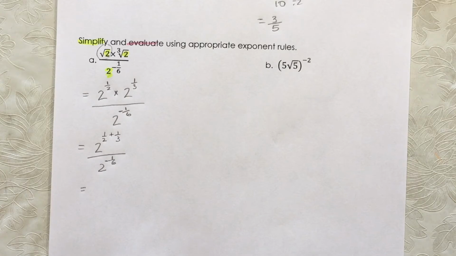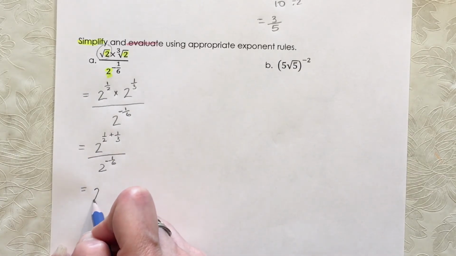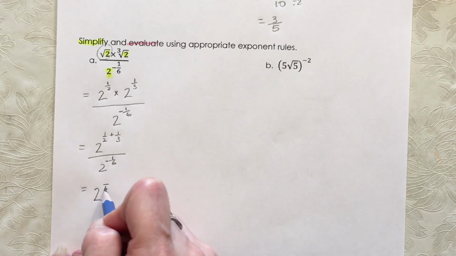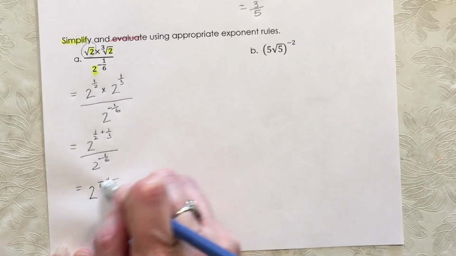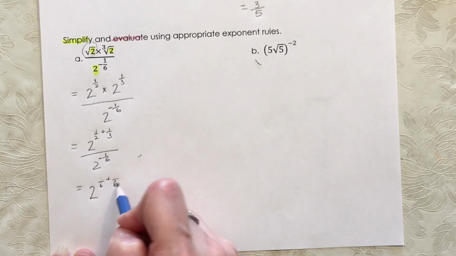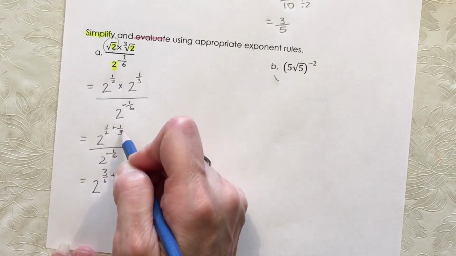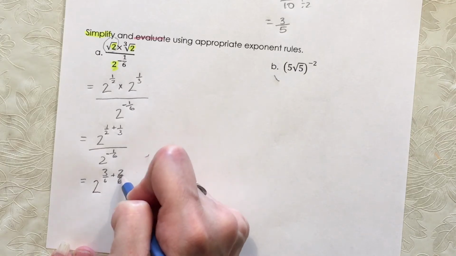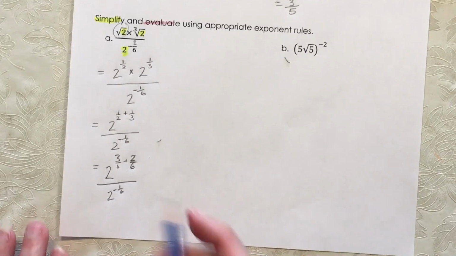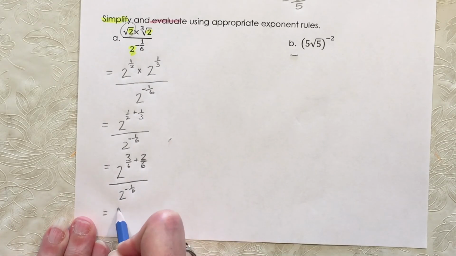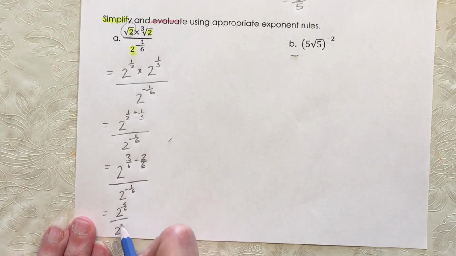So in the numerator, I have to add a 1/2 and a 1/3. So I need a common denominator for the exponents, and that's going to be 6. So a 1/2 can be rewritten as 3/6 and a 1/3 as 2/6. So then in the numerator, I've got 2 to the 5/6, but in the denominator, I have 2 to the